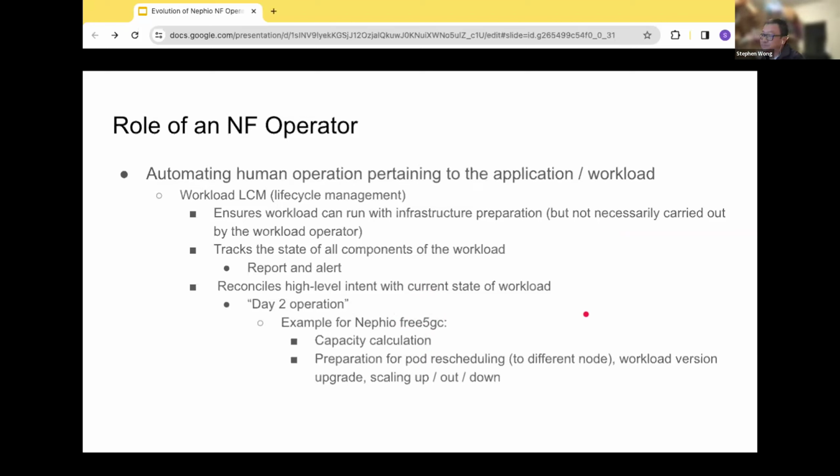And then you can upgrade your workload, and the operator is supposed to handle that. The operator may actually get upgraded too, but then once the upgrade happens, the operator needs to ensure that it's still operational with the latest versions. And then obviously the usual scaling up and down and out things that need to happen. So this is probably much more of an operator type of work that needs to happen.